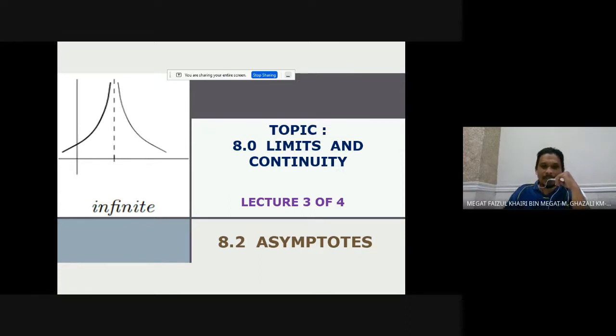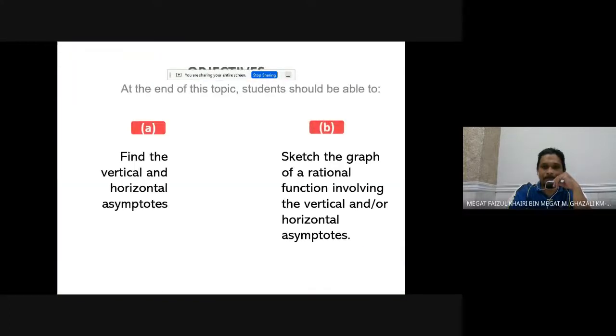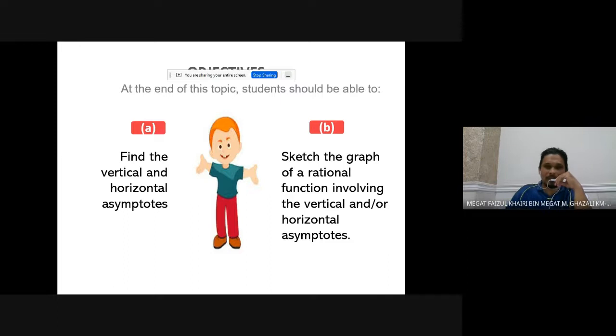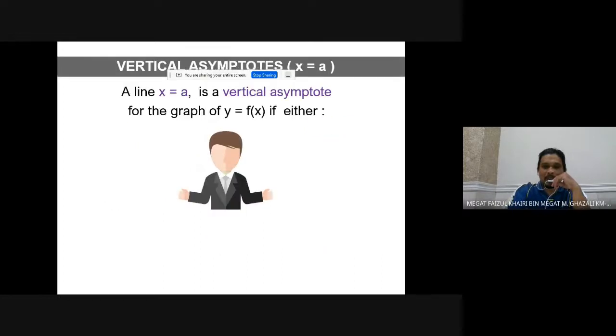Okay. So limit and continuity, we focus on the subtopic of asymptote here. So students should be able to find the vertical and horizontal asymptote and sketch the graph of rational function involving the vertical and horizontal asymptote. Okay, so a vertical asymptote is a line